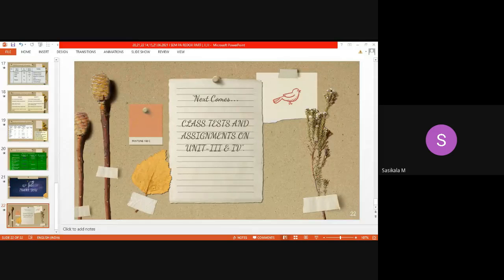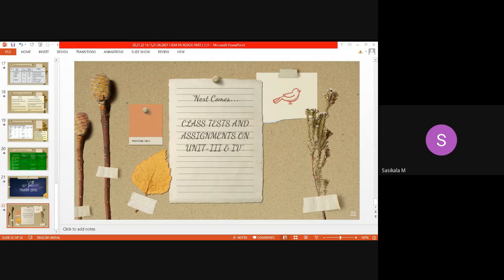The class test will be next week, Monday. On Monday you will be having a class test, in the same timing, either 1:30 to 2:30 or 3 to 4. Monday, you will be having a class test on Unit 4 and Unit 3. Unit 3 is the two units, gravimetry and diazotization. You have not been given a class test on them. So next Monday, you will be having a class test on Unit 3 and 4.